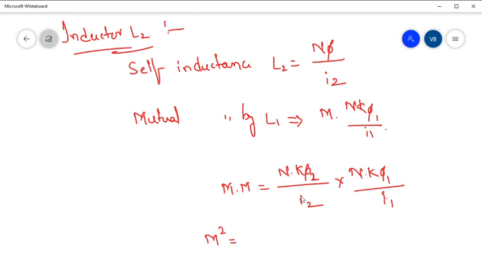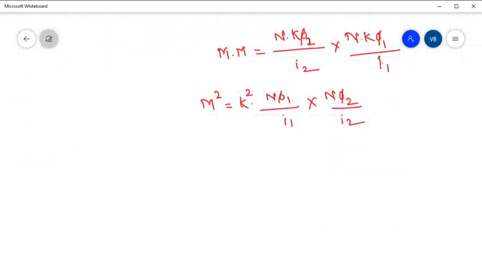Here phi1, phi2, K are the same, so you take K square. I can write it like this: N into phi1 by I1 into N into phi2 by I2. Shall we write like this? Yes. So M square equals